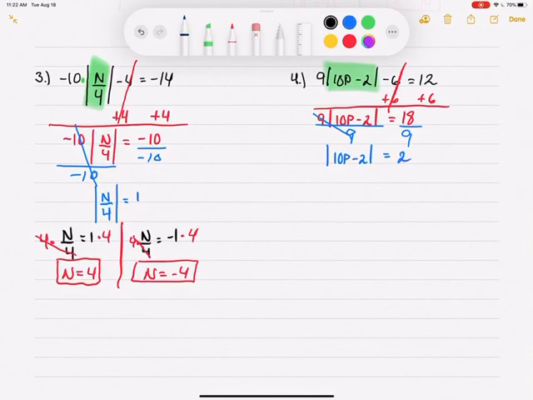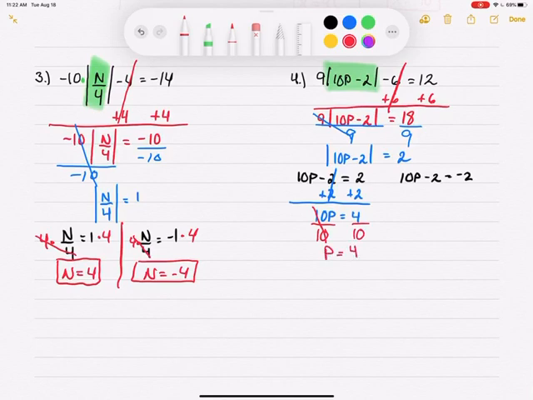I'm going to rewrite this as two equations. 10p minus 2 equals positive 2, and 10p minus 2 equals negative 2. And I'm going to solve. I'm going to start by adding 2 to both sides of this equation. 10p equals 4. Then I'm going to divide both sides by 10, and I'm going to have p equals 4 over 10. You need to make sure that if you can reduce, you do, which we can. These are both even numbers. I can divide them both by 2, and I end up with p equals 2 over 5